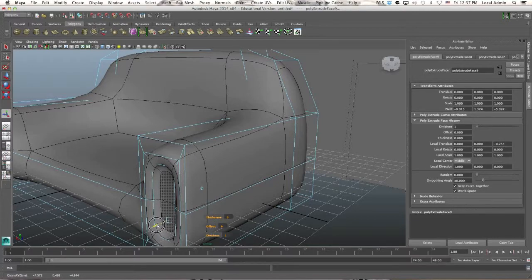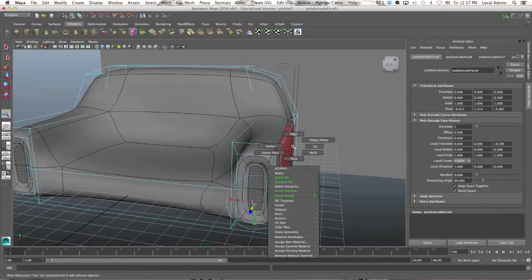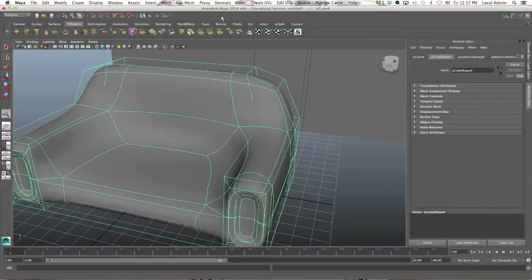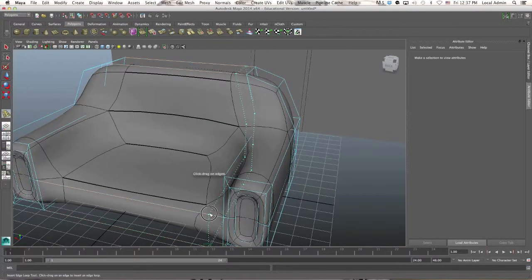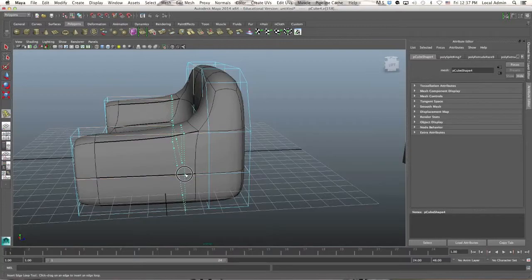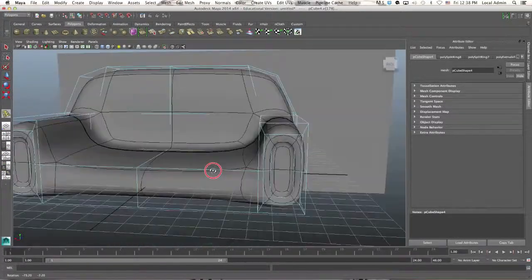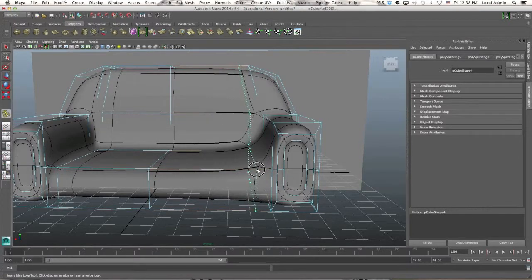Kind of create some bumps there at the edge of that couch. That should be good enough. Notice this mode will allow me to model it, but preview what it will look like once I smooth it. So I'm going to do Edit Mesh, Insert Edge Loop Tool to add some edge loops here to harden up the couch where I need it hardened. So start with the back there, a little bit here. Needs to be hardened there and there a little bit,